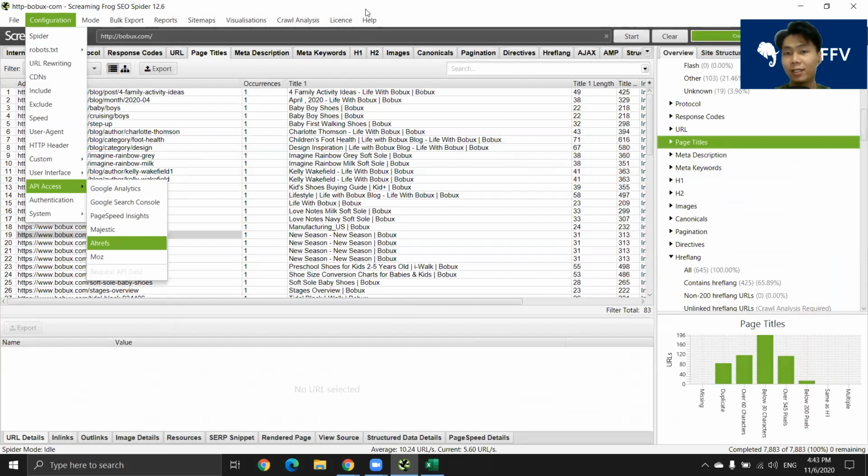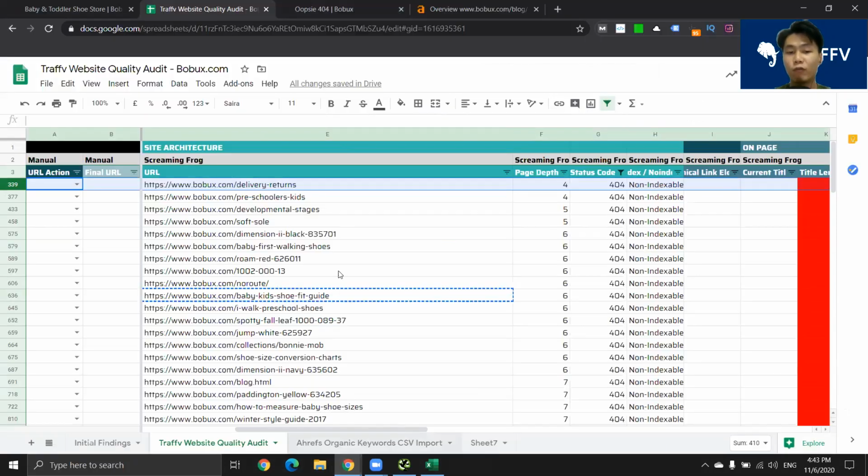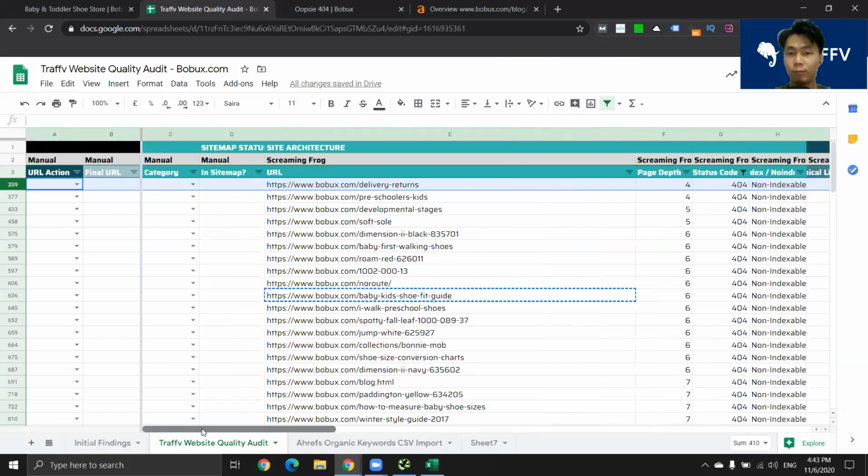And what this does is it gives you the number of referring domains that this particular page has. So before you decide to remove it entirely, you can see whether this page is getting any sort of links, and if it is, you can do a 301 redirect. So what I'm going to do here is